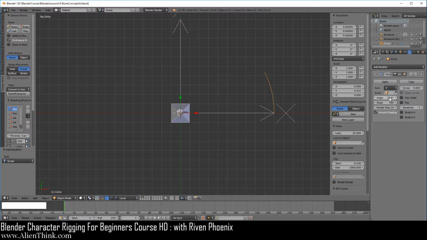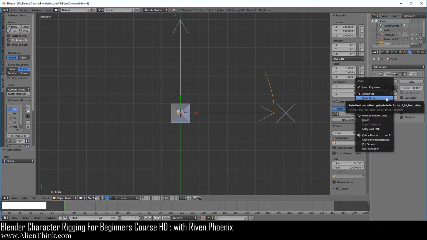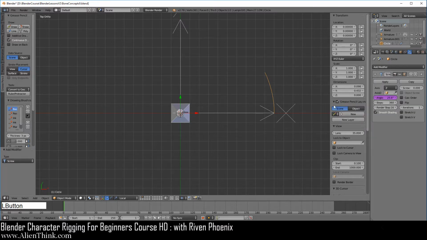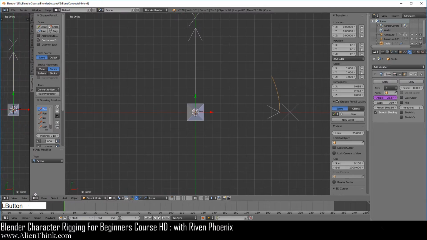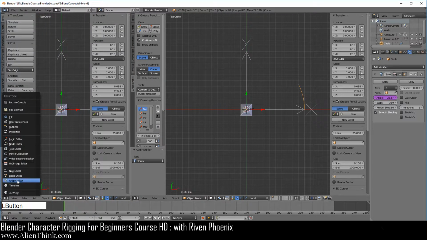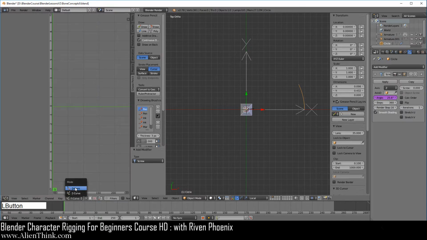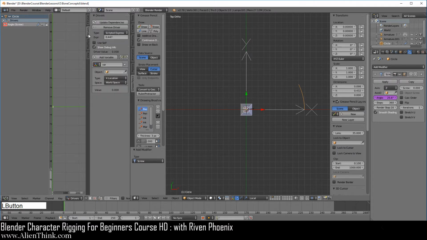So all we have to do is actually click this, and here I'm going to show you something a bit advanced which we're going to encounter a little later. Over here I want you to do add a driver and do manually create a driver. So here we can inject values from the bone rotation itself to see what it's doing. So to do this, what we have to do is open this up over here, go to the graph editor and switch this to drivers. We're going to talk about this a little later. I just want you to do drivers over here.